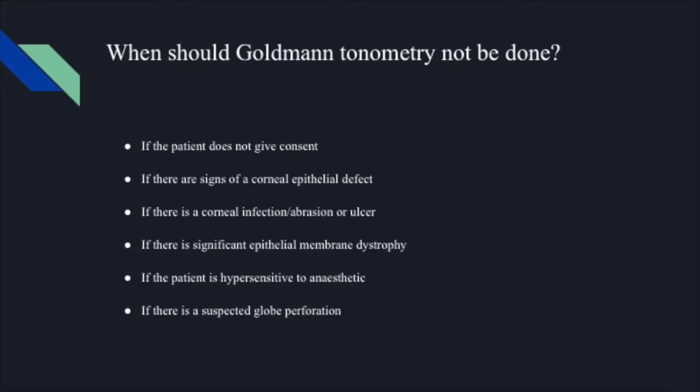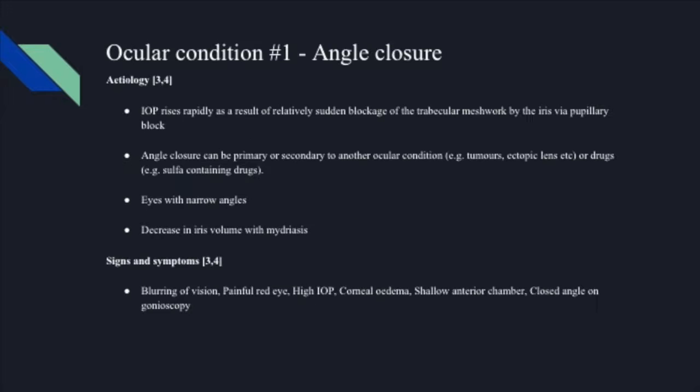Contraindications for Goldmann tonometry may include signs of corneal epithelial defects or membrane dystrophy, if the patient's not giving consent, if there's any signs of infections or abrasions or ulcers in the cornea, as well as the patient being hypersensitive to an anaesthetic. One ocular condition where the technique may be particularly useful might include angle closure, and the etiology